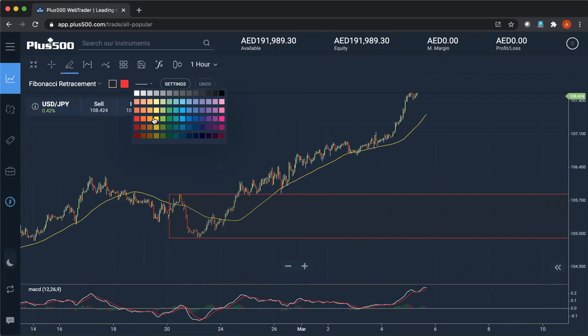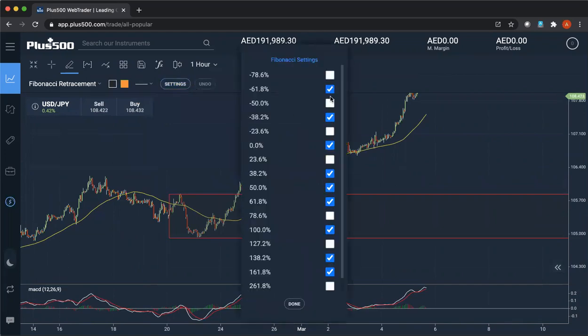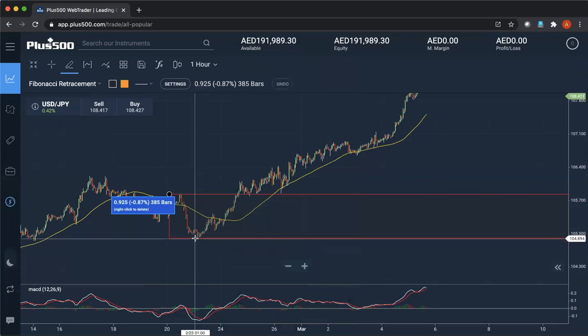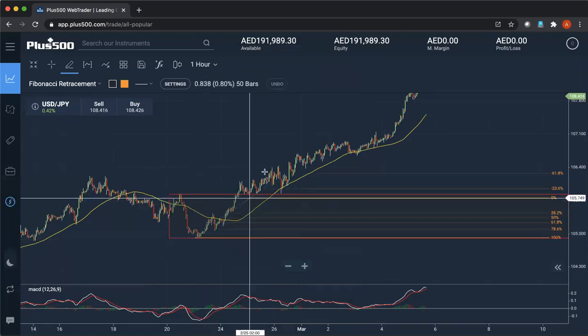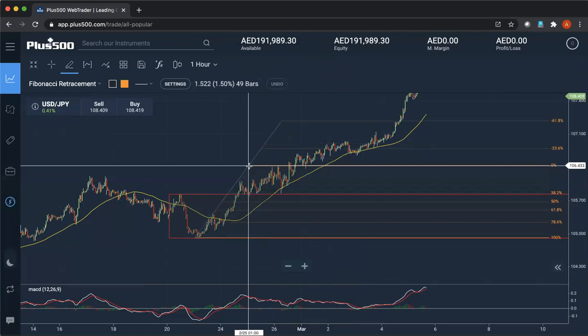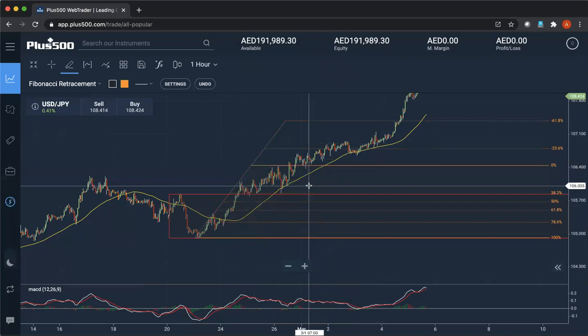and here I can set the Fibonacci from the lowest part of this order block to this one. This, because from here it's pulling back, right? So from here it's pulling back. So I check this one,